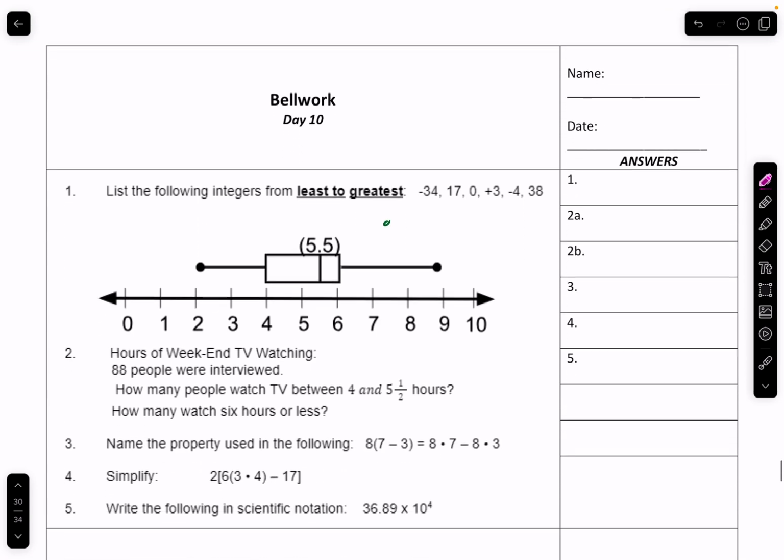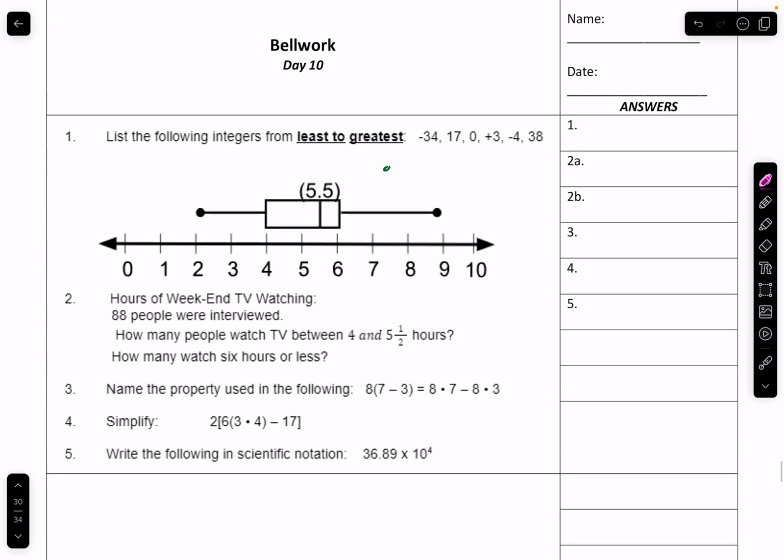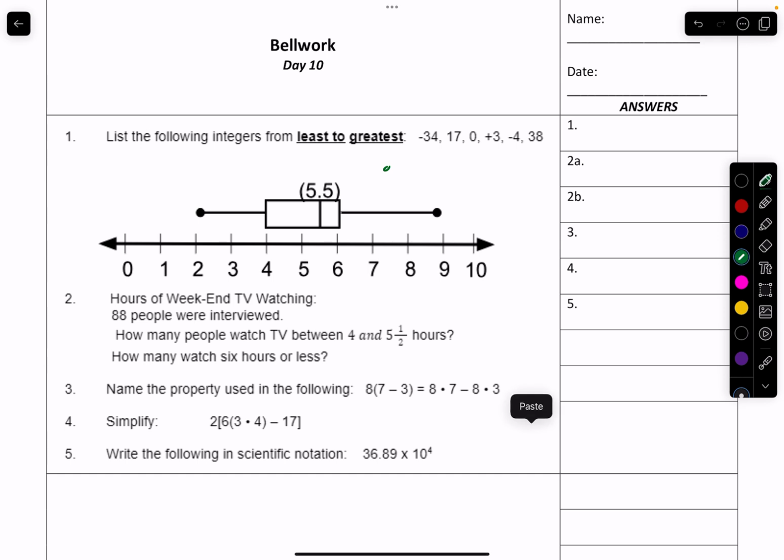Let's go to day 10, bell work. I want to go over a couple things that we ran into during summer math camp, boot camp. Had several people come in, quite a few actually, and work on their summer packets. A few got it done. But what we're going to do is talk about